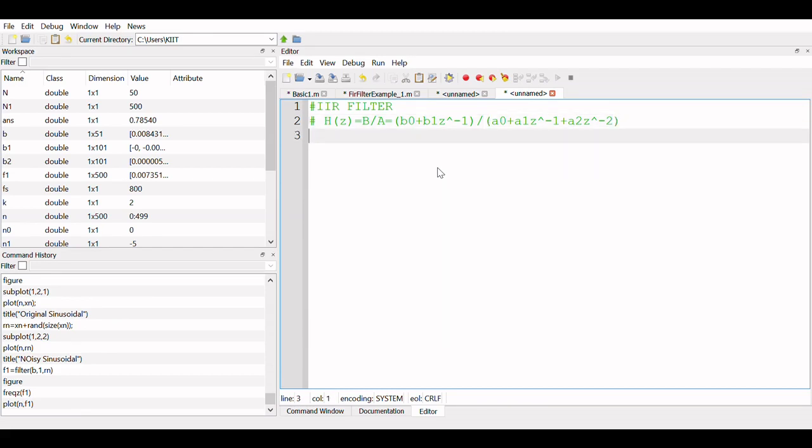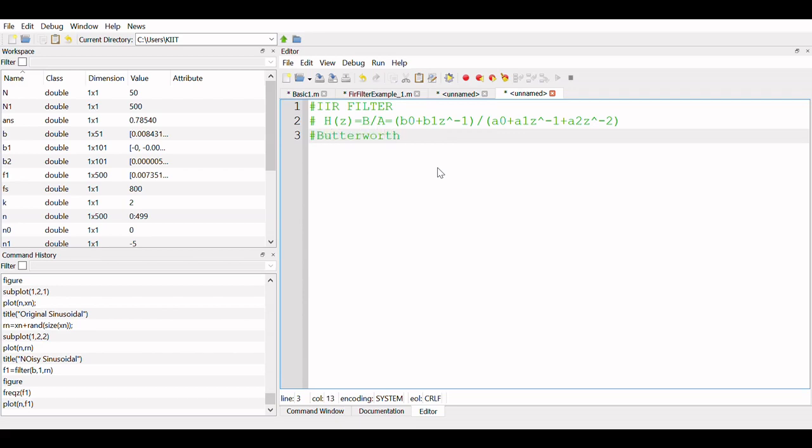Both poles and zeros are present. So in that case you have to find out both the coefficients, the numerator coefficients as well as the denominator coefficients. To do that, there are three methods of IIR filter design we have already studied, and there are different types of IIR filters, right? So what are those types? There are many more, but these are the more prominent.